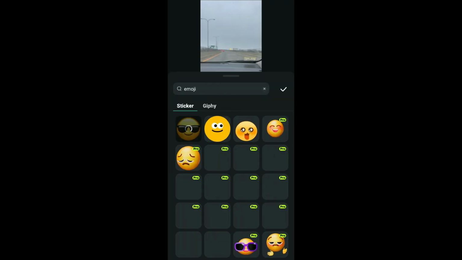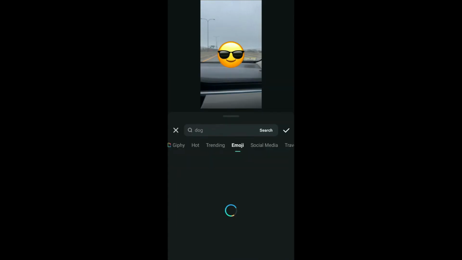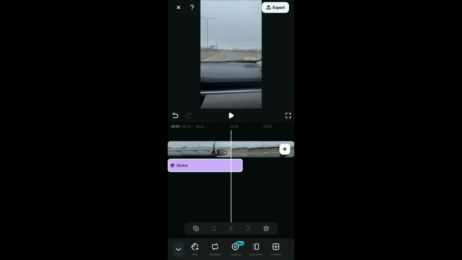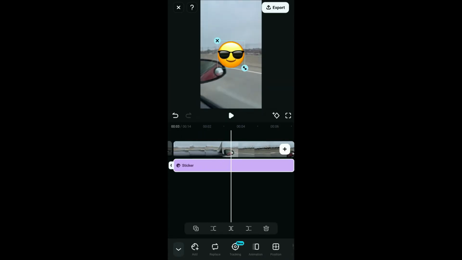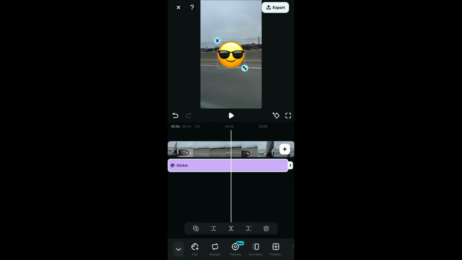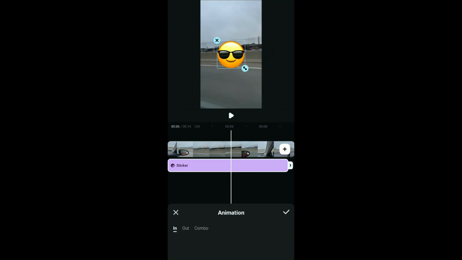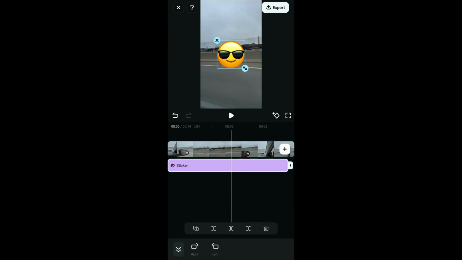After choosing one of the elements, simply tap on the tick mark at the top right and then drag the edges from your overlay image and make sure you adjust its duration by dragging the edges of the overlay clip. Now tap on the overlay clip and then you can adjust the size, position, animations, rotate your element, and much